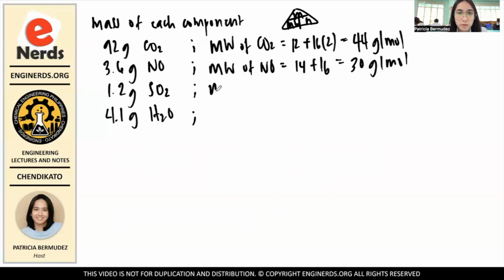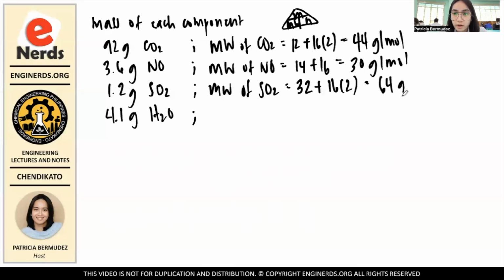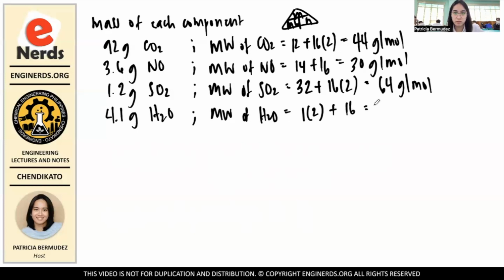Okay, and the molar weight of sulfur dioxide is, for sulfur, we have 32 plus 16 times 2, that is 64. We have 64 grams per mole. And then for water, we have 1 times 2, since for hydrogen it's 1 gram per mole, plus oxygen, which is 16, we have 18